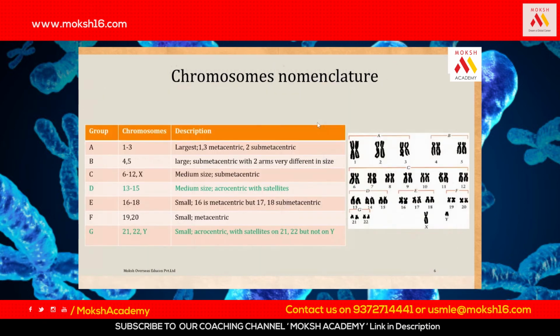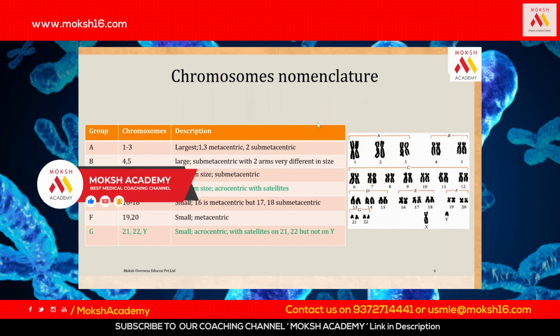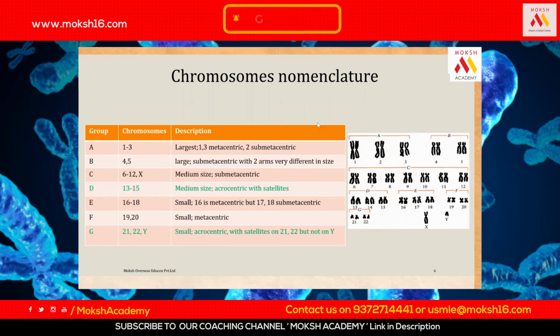So chromosomal nomenclature, how do we go about it? That is based on karyotyping. You arrange the chromosomes according to their length. The tallest chromosomes are placed on the top left of the karyotype slide. So chromosomes 1 to 3, you can see here, are the largest, and chromosome 1 and 3